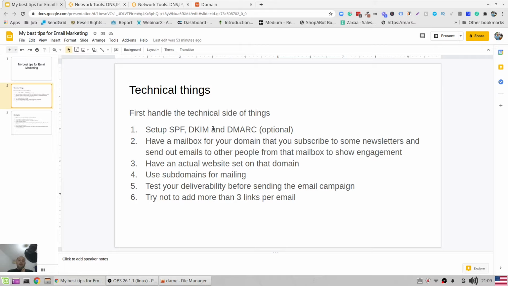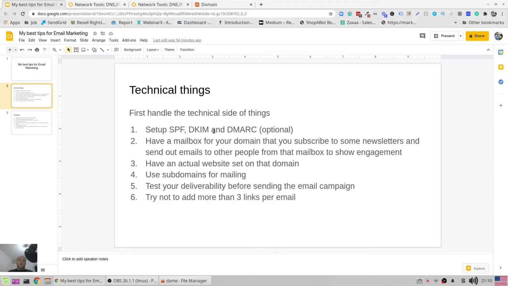So yeah, these were the 3 points that we covered. So having an SPF, DKIM, and DMARC, have a mailbox and show engagement from that mailbox, and have an actual website. Now we come to the protection of the domain, right? So this is where you can also use subdomains to send out emails. So let's say you have different types of emails, right? You have transactional emails that you send, like for logins for your, I don't know what platform you might use out there. It can be